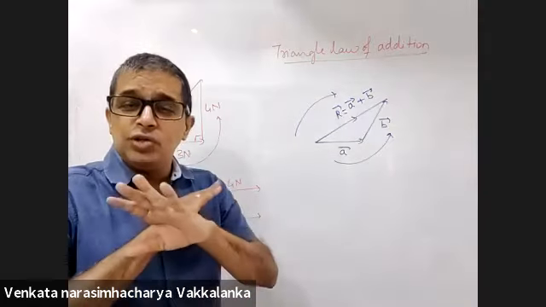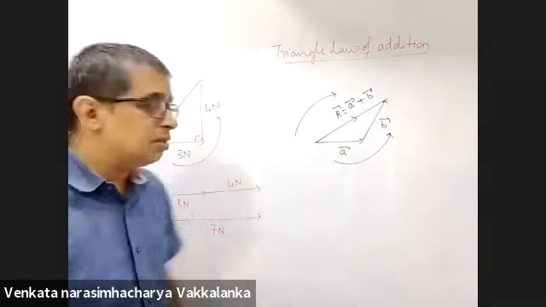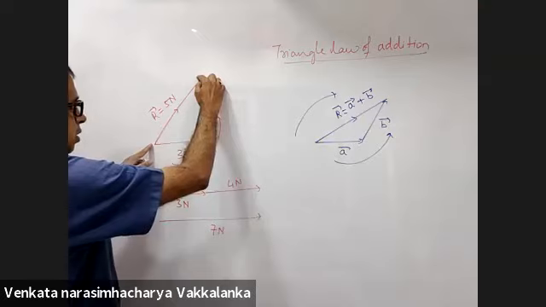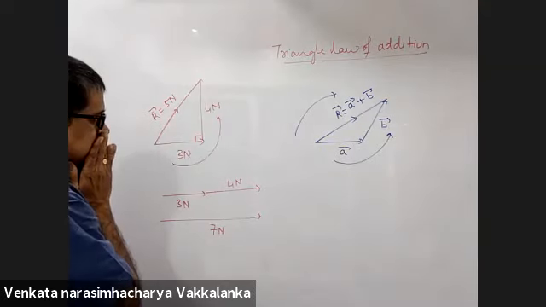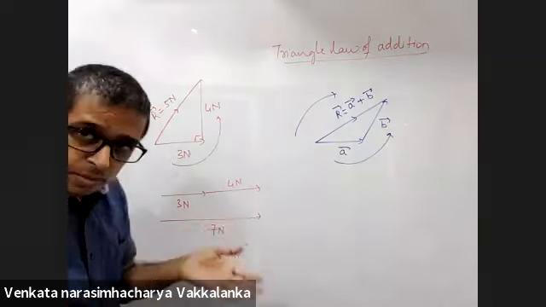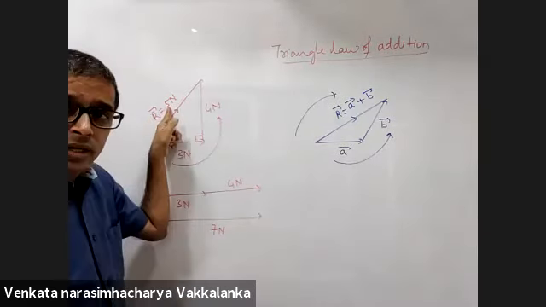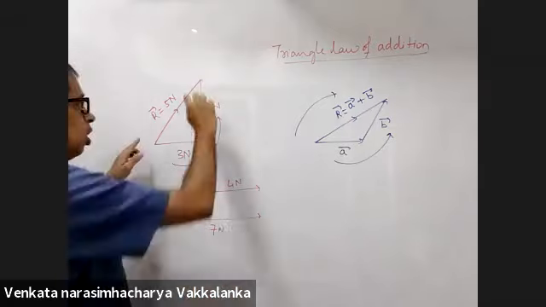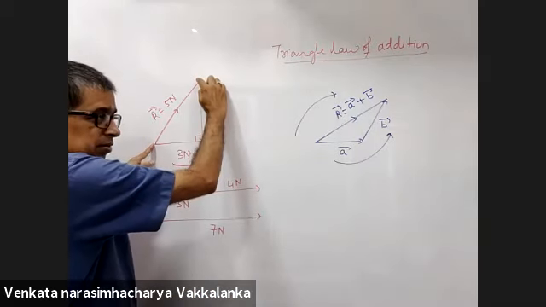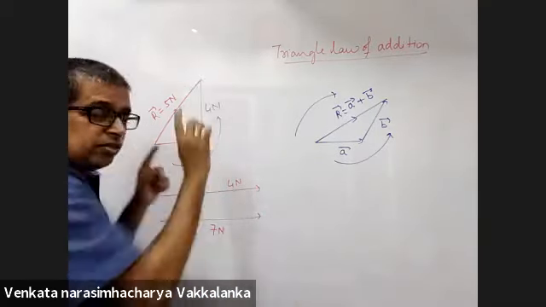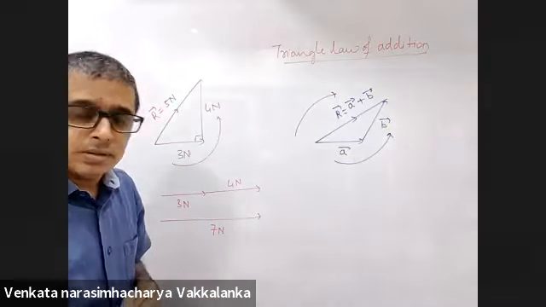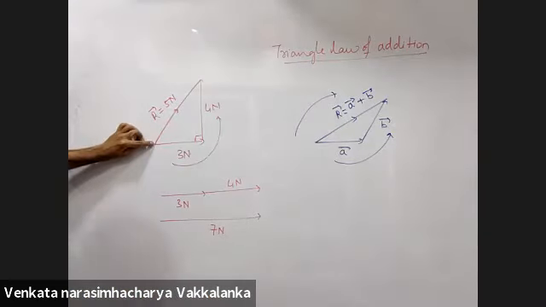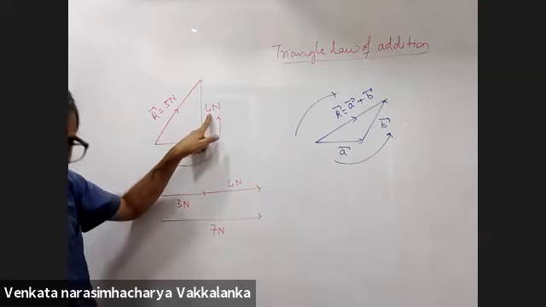Triangle law of addition is universally applicable. But you only showed now that in a right angle triangle we have to apply Pythagoras. I applied the Pythagoras theorem, that is why I got 5. If I don't apply it, what is the triangle law? I should measure this length. How do you get this length? Root over of this square plus this square, yes or no?